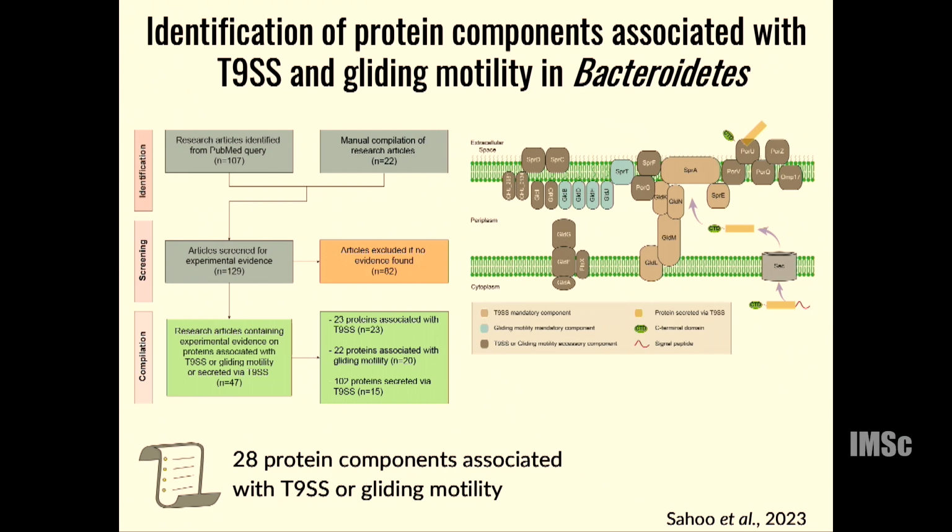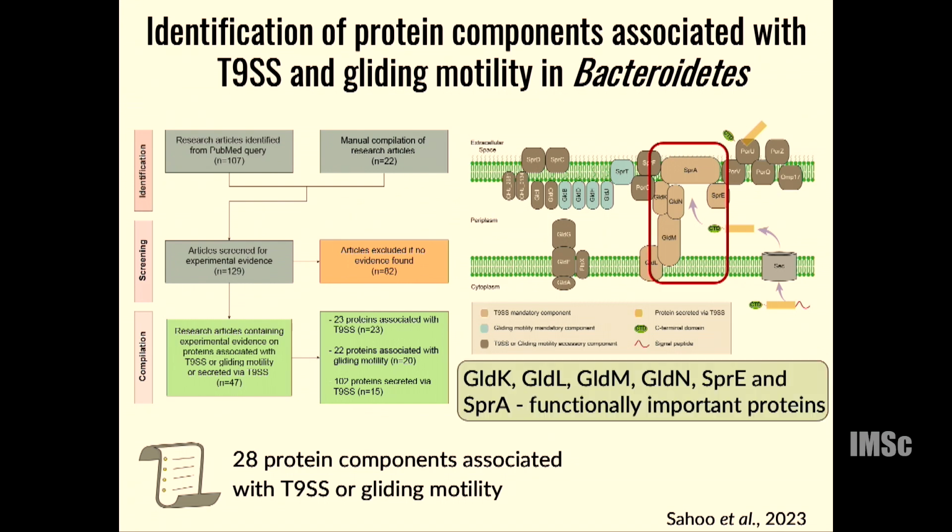So these proteins which are synthesized in the cell have an N-terminal signal peptide and a C-terminal domain, and it requires the Sec export pathway for the transport of this protein to the periplasm. For that, the signal peptide is required, and once it is in the periplasmic region,